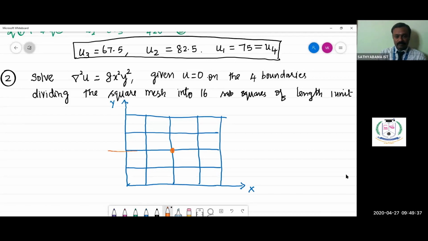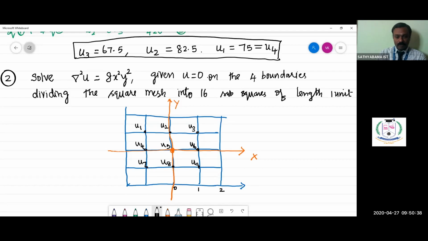point as origin. Let us consider this to be our x-axis and this line to be our y-axis. Without loss of generality, we have just moved the square mesh so that the center mesh point will lie at the origin. So we are interested to find these mesh points u1, u2, u3, u4, u5, u6, u7, u8 and u9. So we can assume at this point i equal to 0, here i equal to 1, i